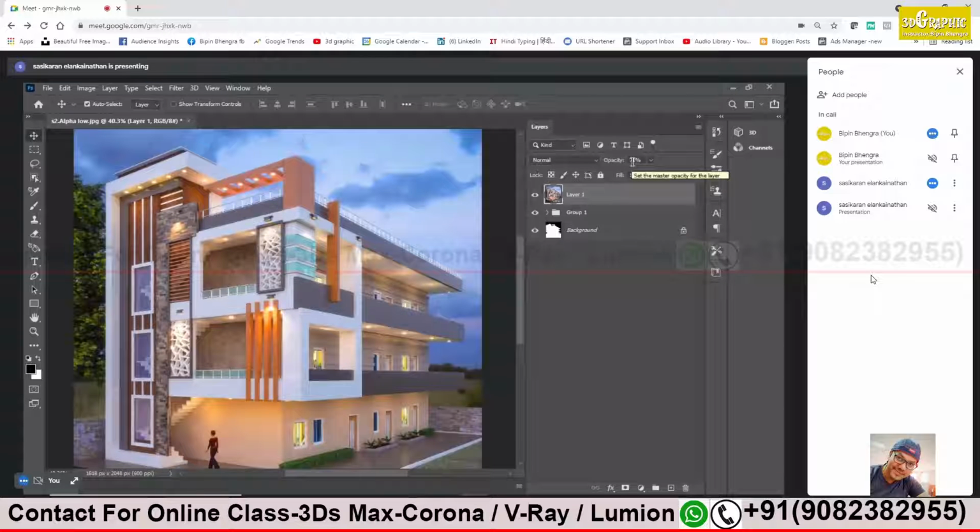Sir, do you have a CAD drawing for this model? CAD drawing, yes, I have. I have to search, because it's an old project, so I have to look for that. I will provide you, or if I don't get it, I can provide you a similar CAD drawing of that. That's not an issue. Alright, so it's looking nice.